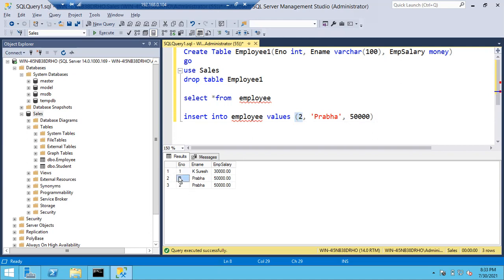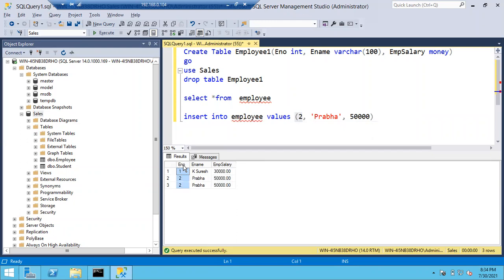2 is already there, right? So if you create a primary key on the employee number, it won't be duplicated. Remaining other things can be duplicated. A person can earn 50,000 in the company, right? You cannot create a second record with the same employee number. Clear? Any doubts here, please? No. Fine.